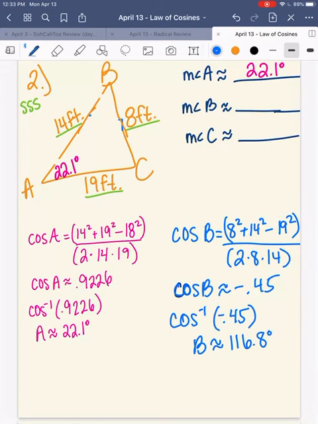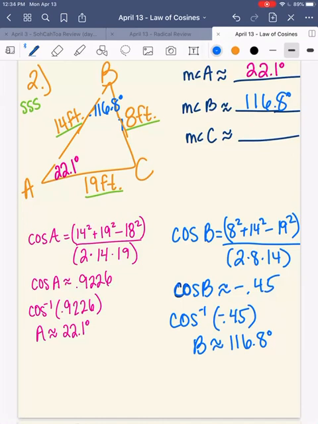Now that seems pretty large, so let's make sure that that kind of matches up or makes sense. Now y'all, my picture, y'all know I'm just a creature of habit. I tend to draw the same picture every time. So mine does not look obtuse, but remember the picture is just there to help you, okay? Does 116.8 make sense? And it does, because 19 is across from it, and it's considerably larger than 8 or